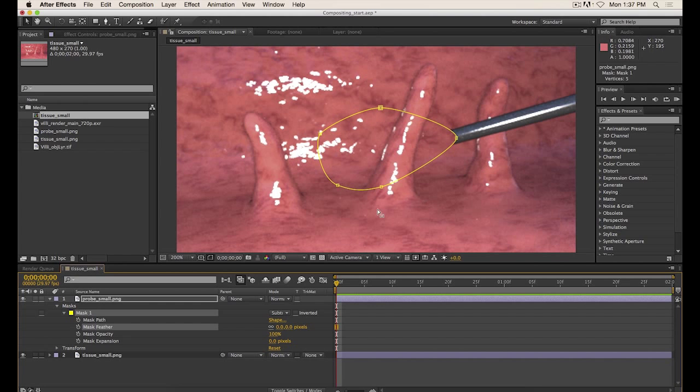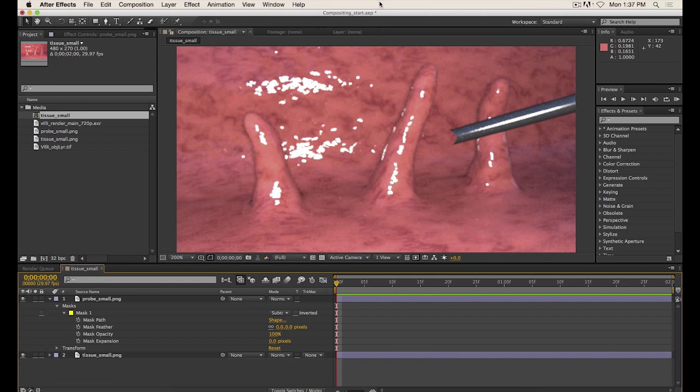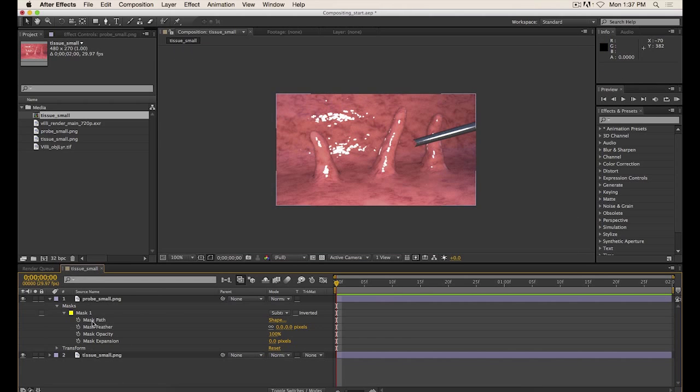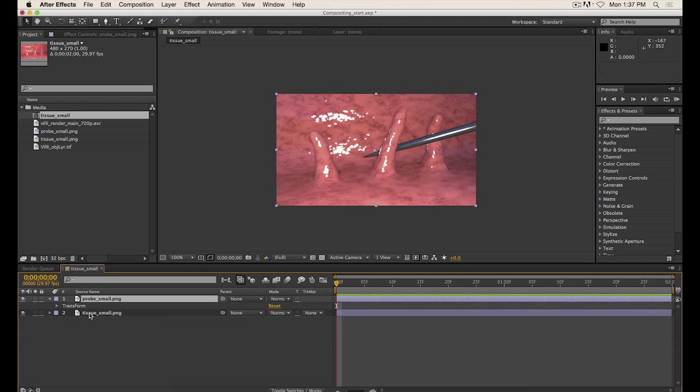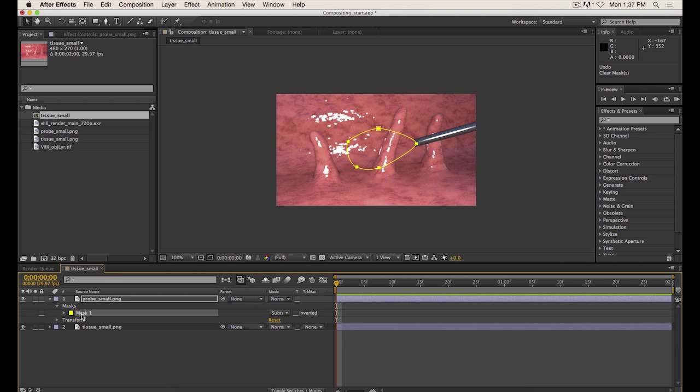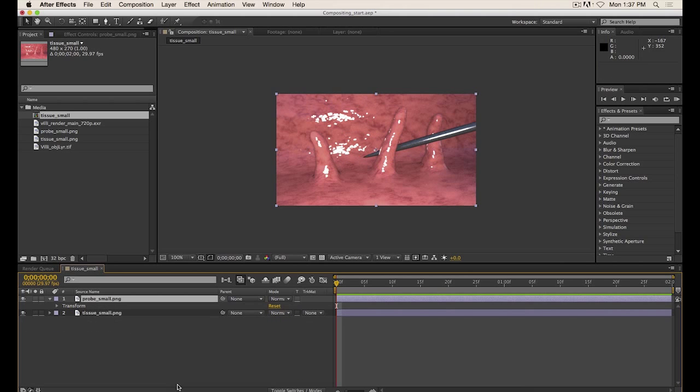The other way that we can use masks, besides just hiding and showing stuff in a layer, is we can use that to define the region over which an effect takes place. And one way that we can use a mask in that way is with adjustment layers. So I'm just going to delete this mask. I selected the mask here and then hit delete. And we want to, instead of applying a mask to our image layers, apply it to an